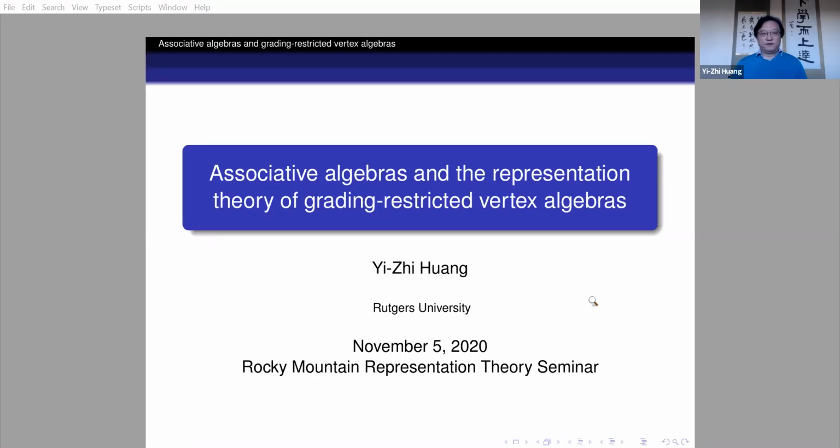So I think that if you have some algebra and you want to develop the representation theory, basically there are two things you need to do. Probably for vertex algebra there are more, but at least there are two things. One, which we have achieved a lot, is the tensor category. Representation theory to a certain extent means we want to construct these tensor categories and prove all the properties of a tensor category.